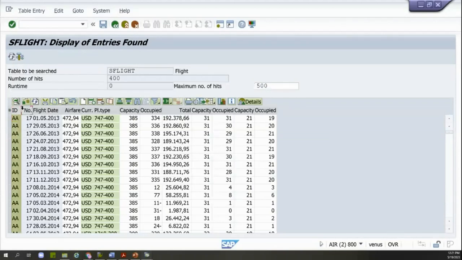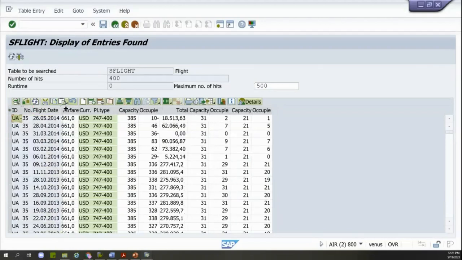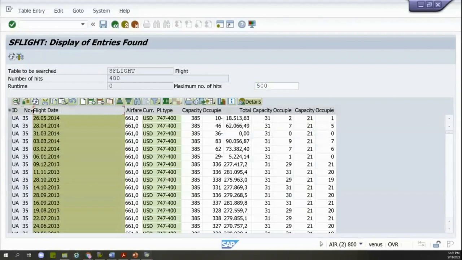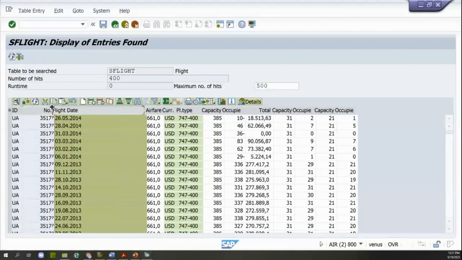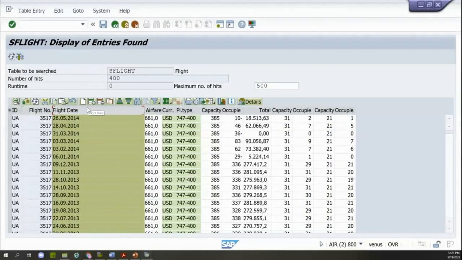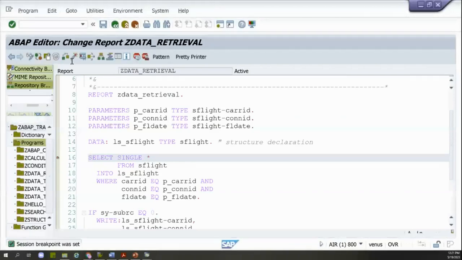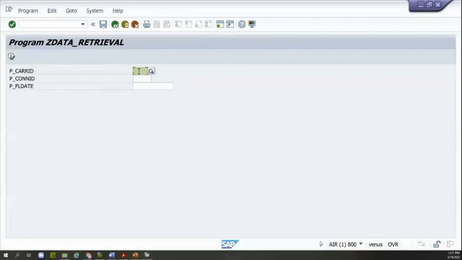So we'll just sort it and take the latest records. This is like UA. For UA, these many records are there. So as of now, let's put the debugger here. First, we'll give here